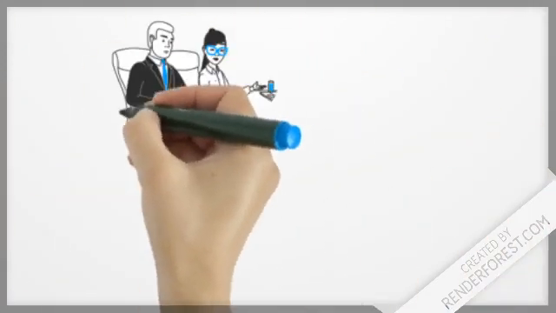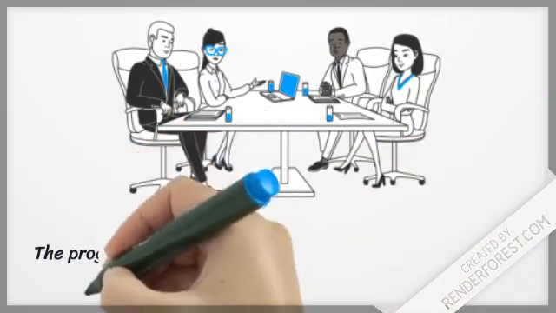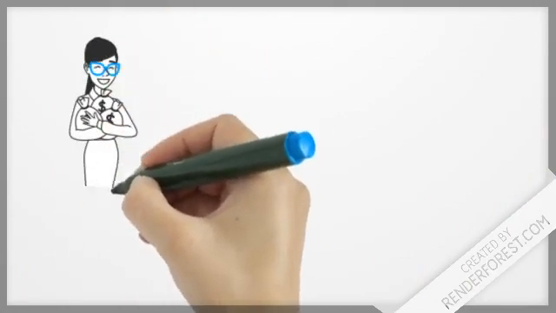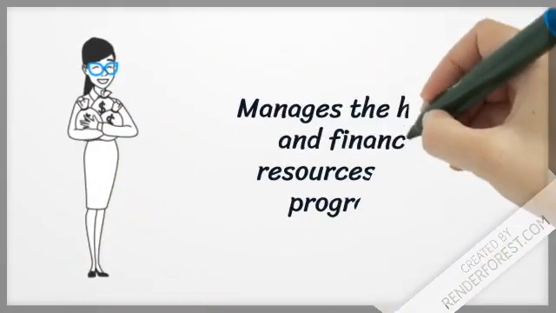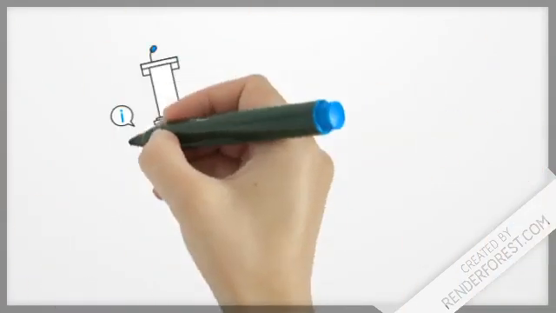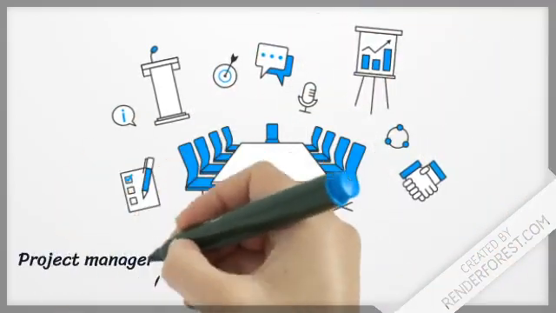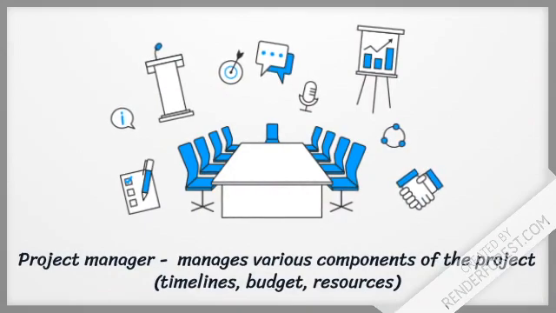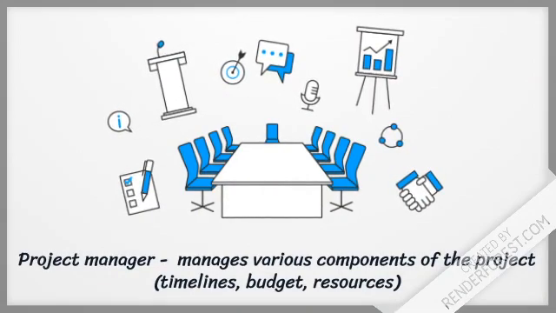So, what exactly does a program manager do? A program manager is responsible for ensuring that all the resources that are required for the successful execution of that particular program are available, that they're managed and coordinated. These resources include financial as well as human resources. A vital role played by the program manager is to always ensure that each program is implemented and aligned to the organizational strategy.